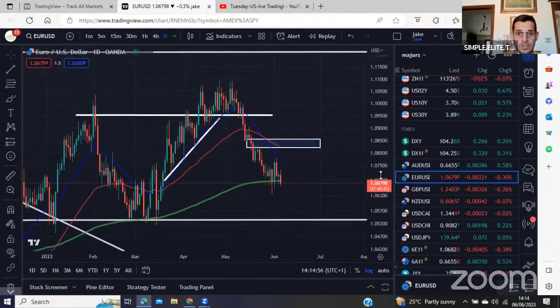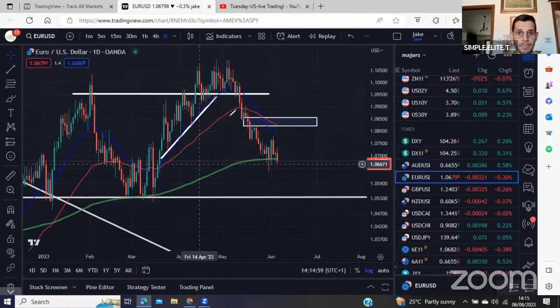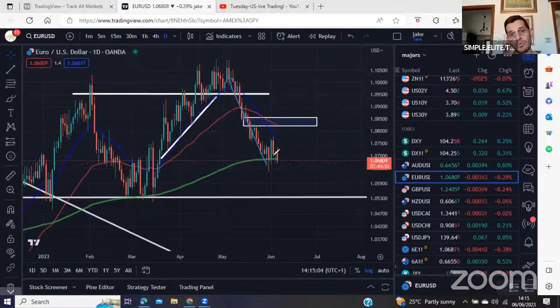Yeah, euro is still on the list, but it is a bit overdue because we see the big push down. So I might consider shorting euro until 1.0530, but I think pound and Kiwi have more reward to risk. Still bearish on euro as well.